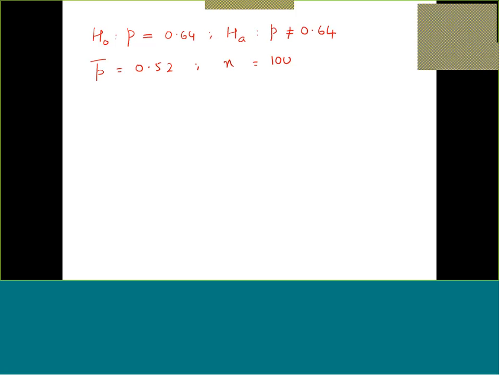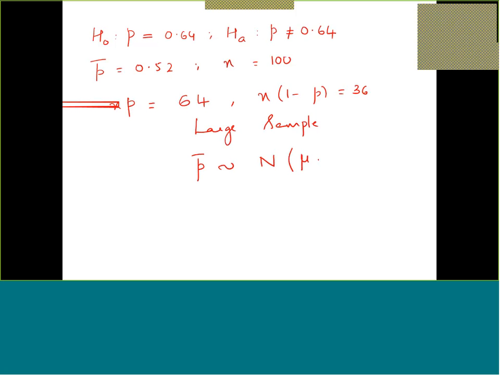Correct. Now you have to test whether we are taking a large sample or not. So NP is equal to 64 and N into 1 minus P is 36. Both are greater than or equal to 5. So large sample case. So in the large sample case, you know that your test statistic P bar follows normal distribution